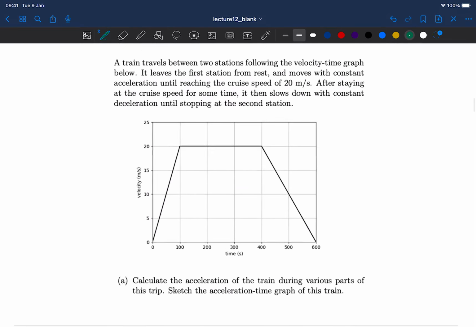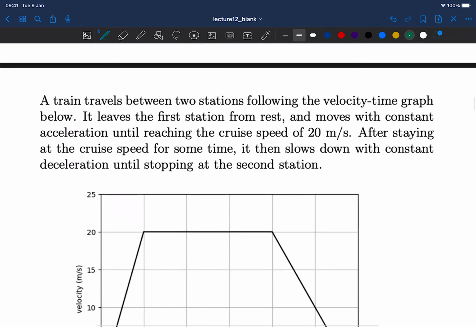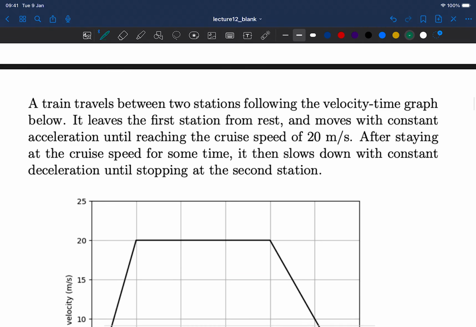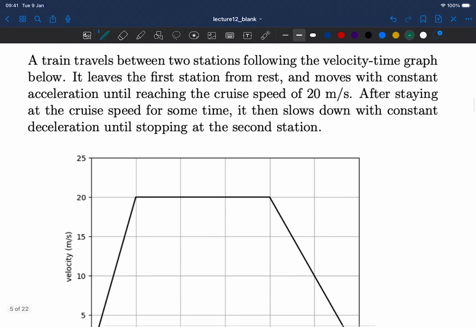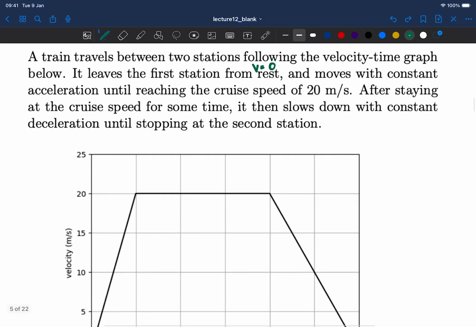So this is another problem with a graph. So let's read what is given here. We have a train that travels between two stations following the velocity-time graph here. It leaves the first station from rest. So from rest means velocity equal to 0, and moves with constant acceleration until it reaches a cruise speed of 20 meters per second, which is this part here. And then it stays there for some time, and then it slows down until it stops at the second